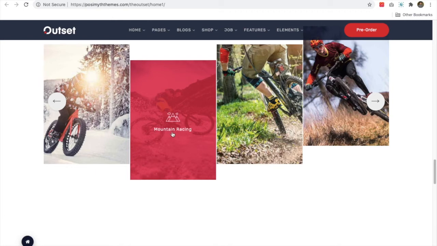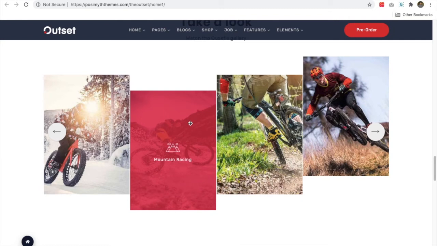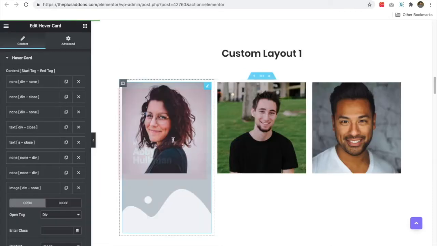We will fast forward this video for the whole process of creation because that is a bit technical, and if you are an HTML and CSS developer you will easily understand what steps we are taking over here to make this kind of layout using hover card.